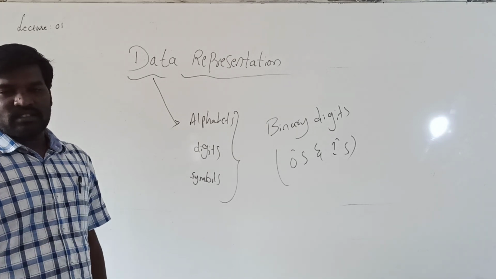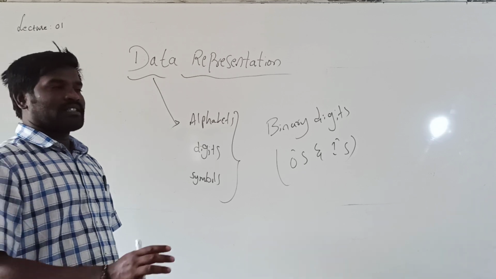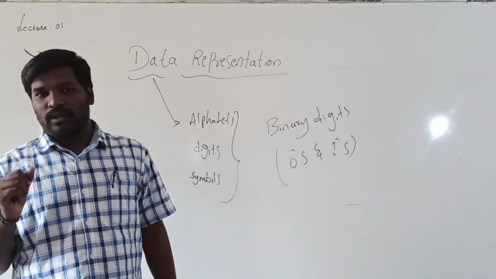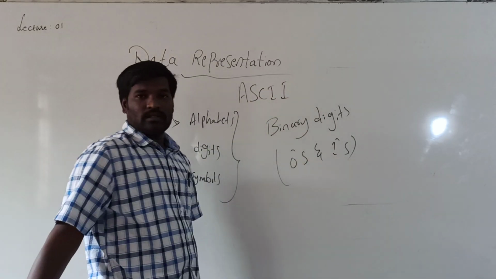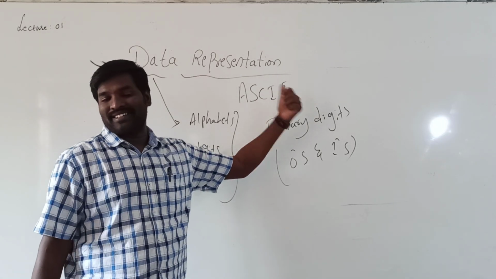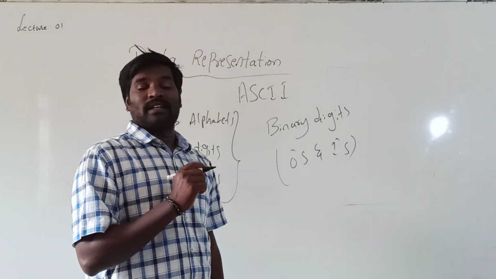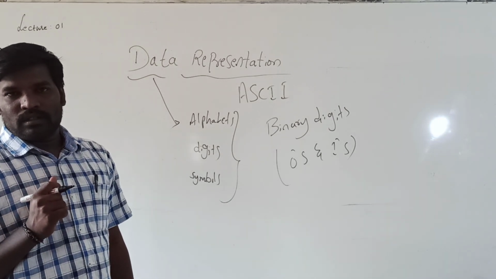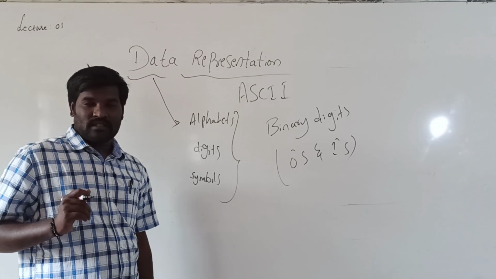The next question is, how will it be arranged inside? Whatever keys are present on the keyboard, all the keys have one unique value, that is the ASCII value. ASCII indicates the American Standard Code for Information Interchange. This is a committee that has given one unique number for all the keys. That can be studied in data representation.